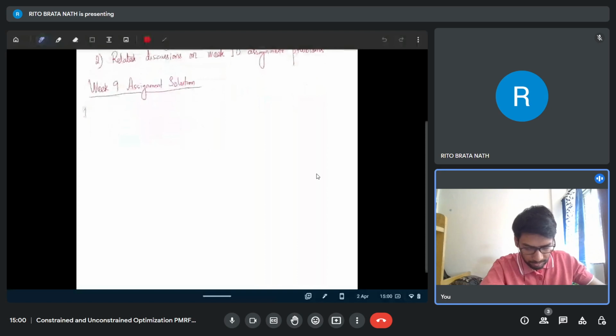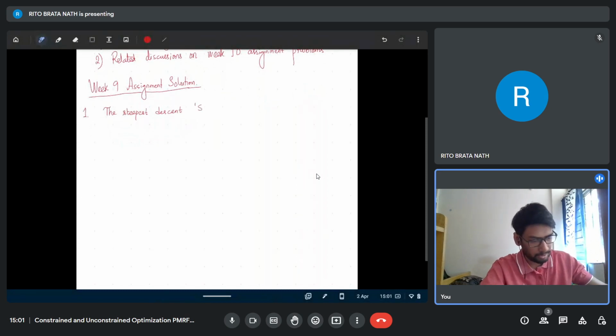The first problem tells you the steepest descent direction S of the function f(x) is given as